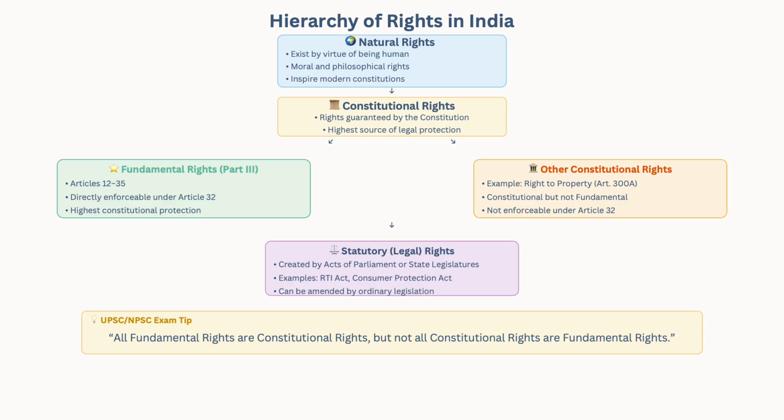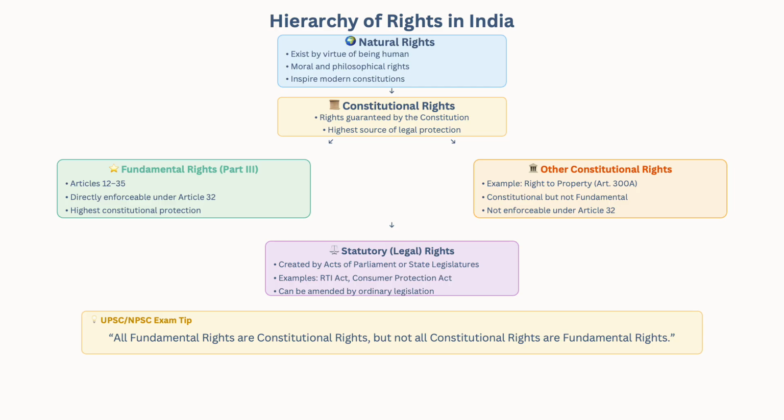Now, in the constitutional rights, there are lots of other rights. Right to property is an ordinary legal right under Article 300A of the Indian Constitution. So there are rights other than fundamental rights. In the Constitution, the fundamental rights, Article 12 to 15, are fundamental rights, but the other rights in the Indian Constitution are constitutional rights. Any right mentioned in the Indian Constitution other than fundamental rights is called a constitutional right. Is that clear?